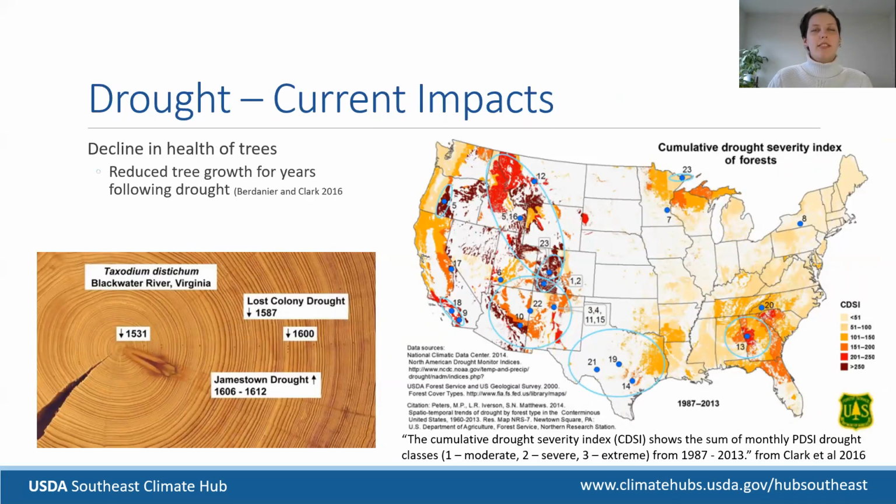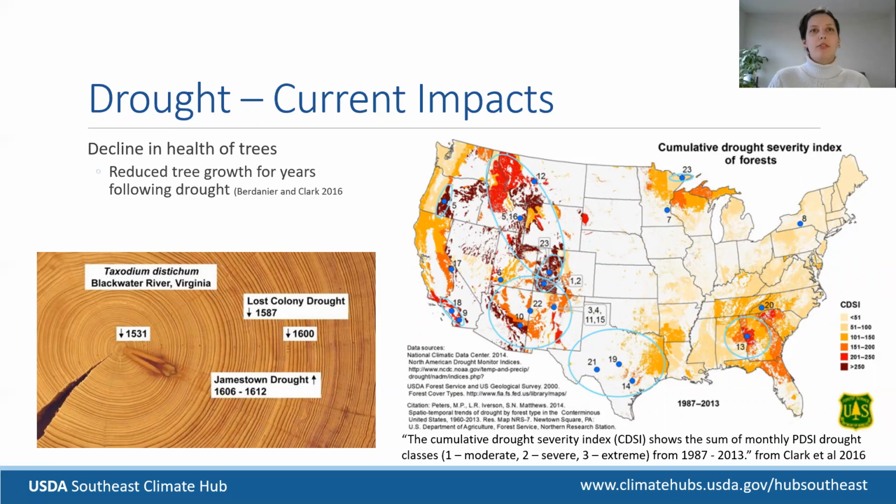Another major threat to Southeast forests is drought. Drought can negatively impact the health of trees, and growth may be impacted for years following the drought itself. In the image below, we can see growth rings of a tree and 2 drought periods, which shows slower growth of a tree, and so the rings are closer together. Here we can see those closer rings here, and then also here. This reduced growth can decrease the potential yield of timber and have a negative economic impact.